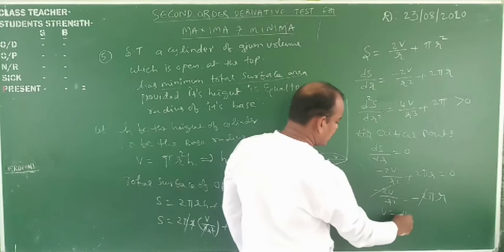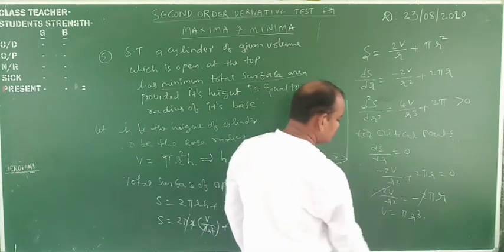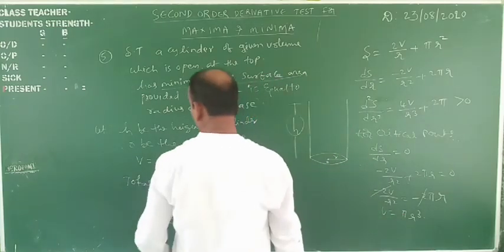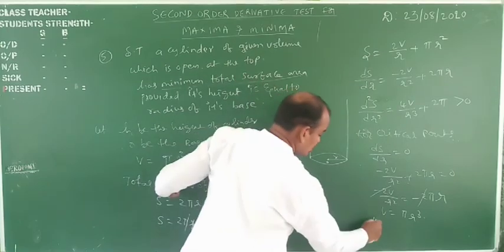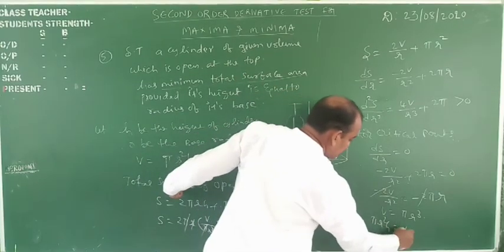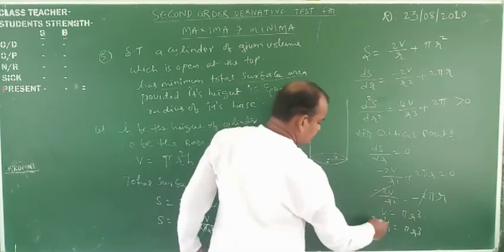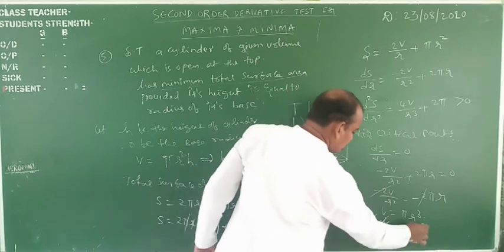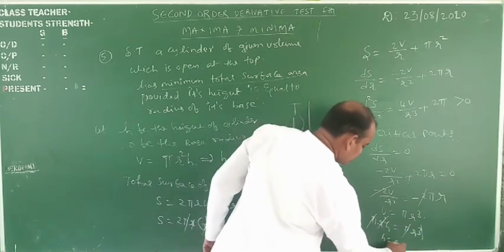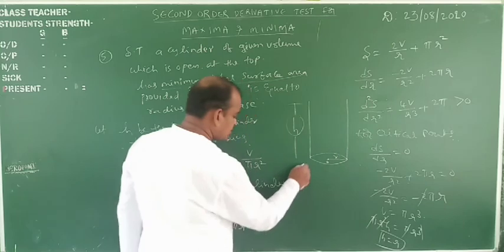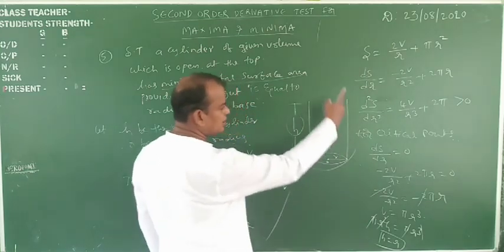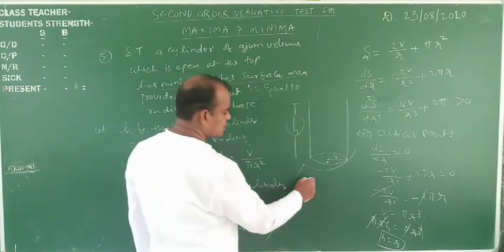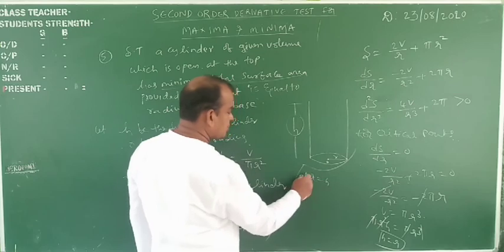V is equal to pi r cube. What is V? V means pi r square h. Pi r square h is equal to pi r cube. Pi cancels, r square with r cube cancels. Now h is equal to r. At h is equal to r, what happened? You substitute here in this one. Therefore r is equal to h. At r is equal to h,